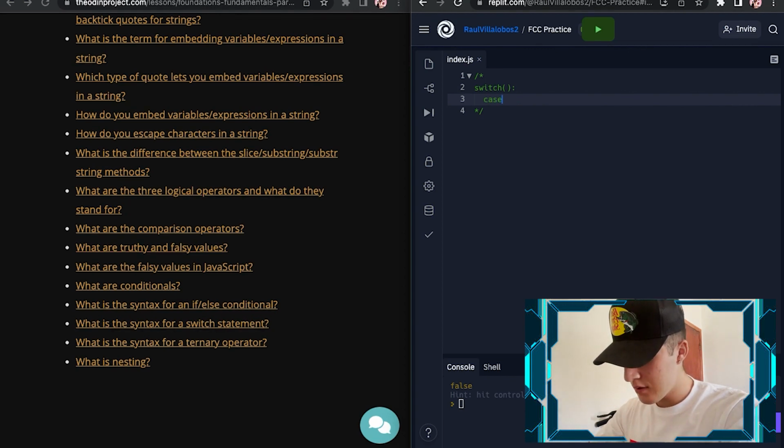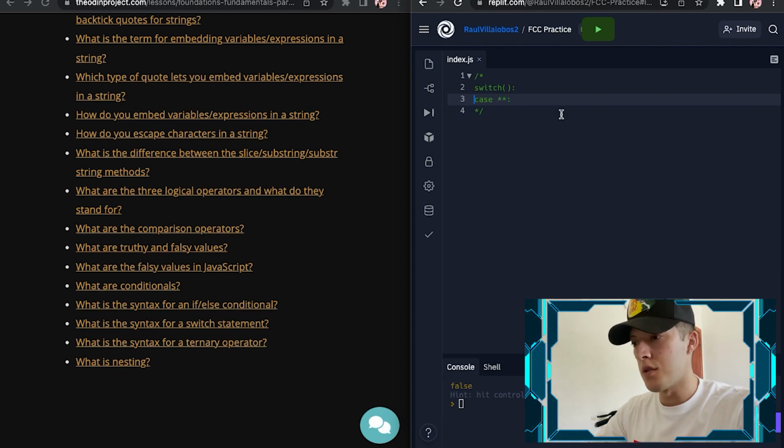I know there's a case, and then something goes in here, not in parentheses. I don't know what it's called though. And then we have code, run code. And then you have a break. You don't have to have a break, but it's really recommended. You don't need it, but if you want to. And then last but not least,